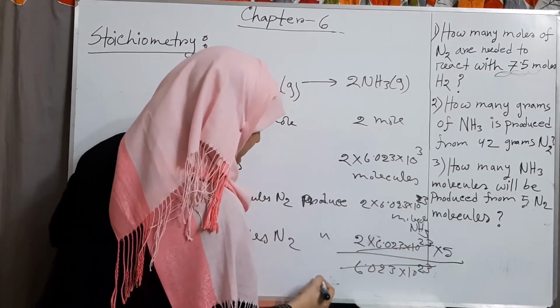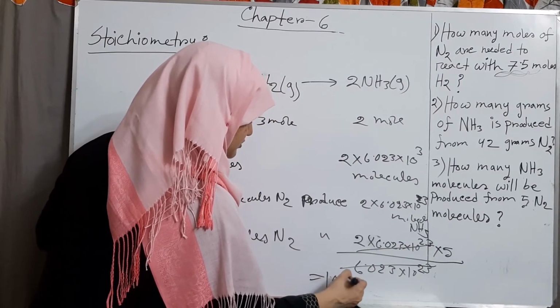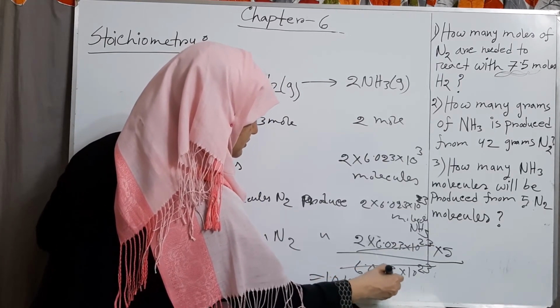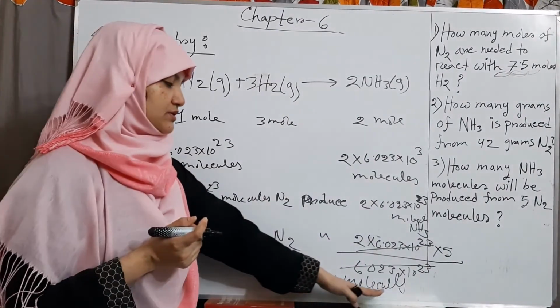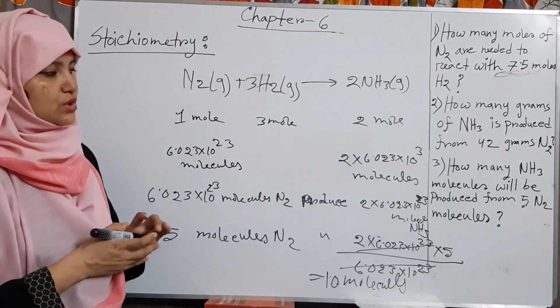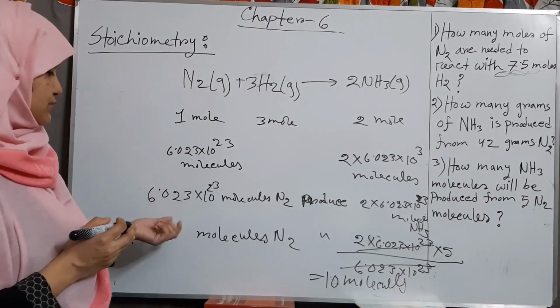That means we get 10 molecules of ammonia. The answer is 10 molecules of ammonia will be produced